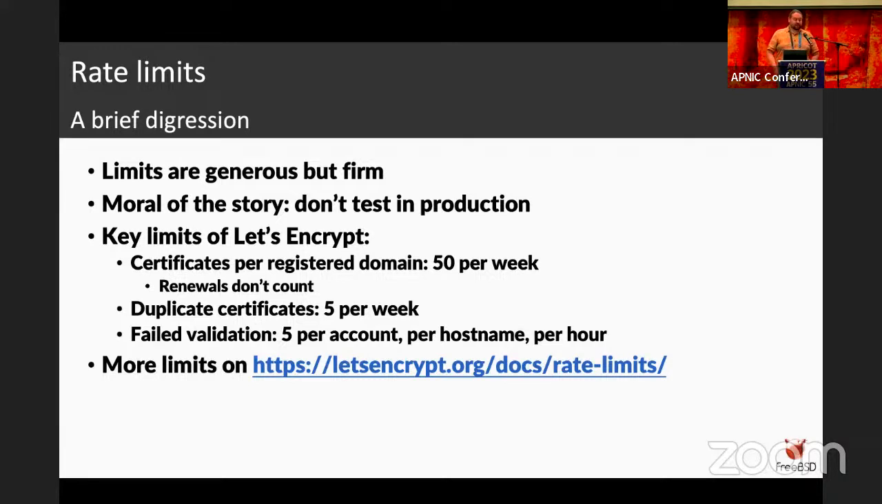You're not going to have a good time. So the key limits of Let's Encrypt, when I last looked at this slide, were 50 certificates per domain per week. That feels like a lot, but if you're debugging and testing and trying to fix your automation, 50 certificates is about 20 minutes at most,